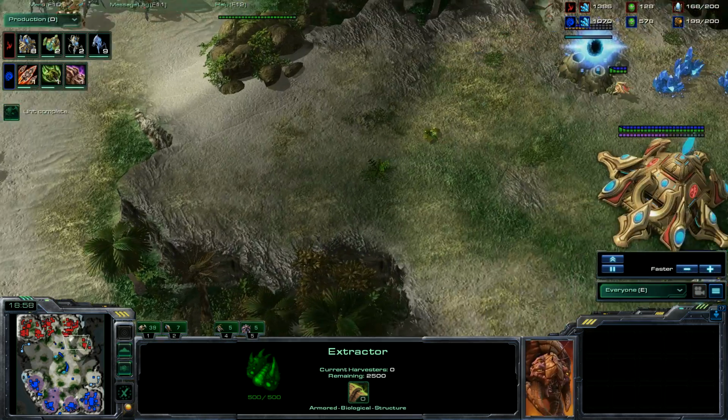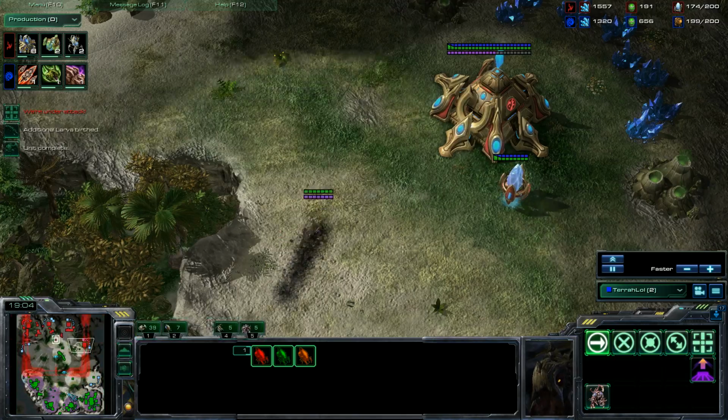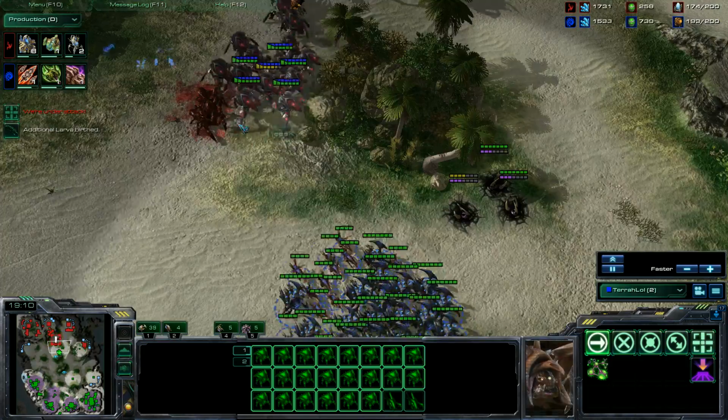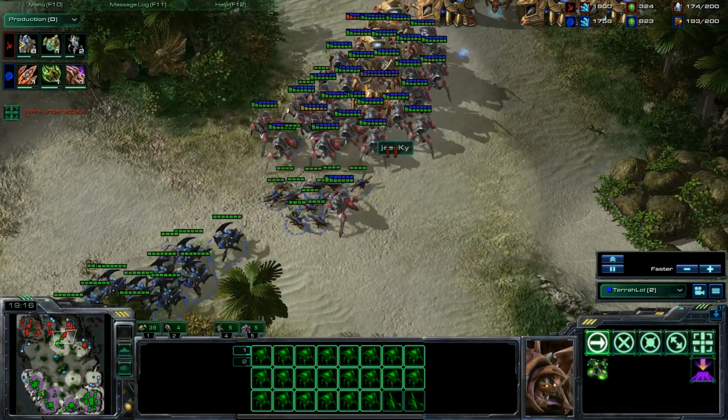Does he have that 4th base? Yeah, you don't know about it. I didn't know about it. He has a 4th base. Now you do. That's where your concentration should be. But he's at +3 now. Blink Stalkers, Colossus. Lack of sentries though, so you are going to always be able to get in tight,